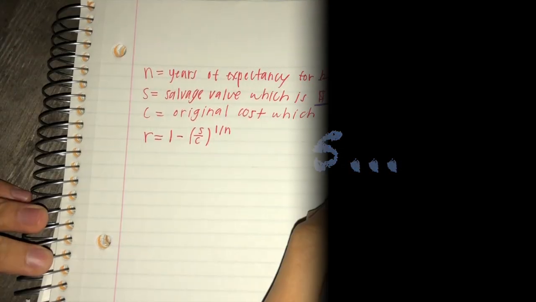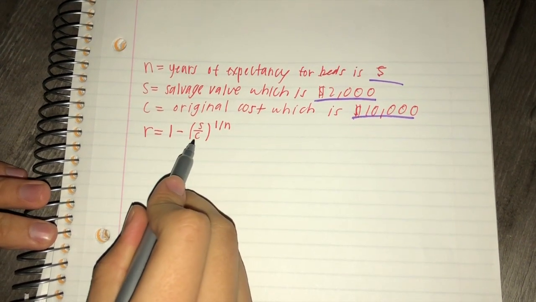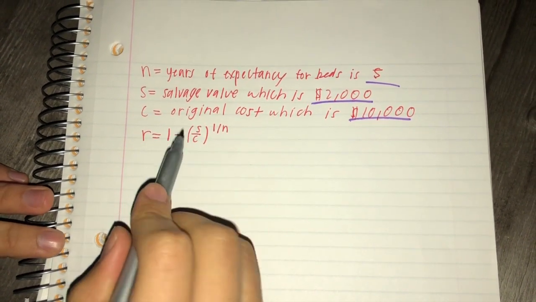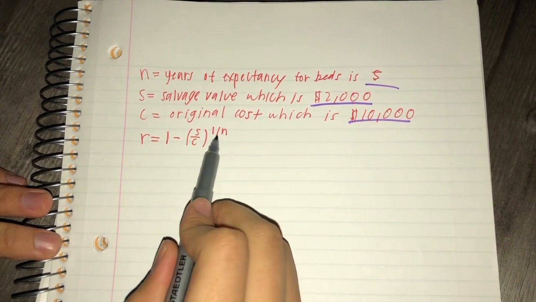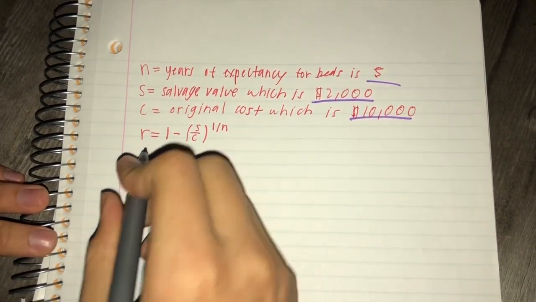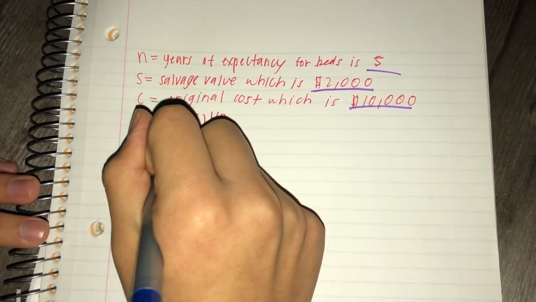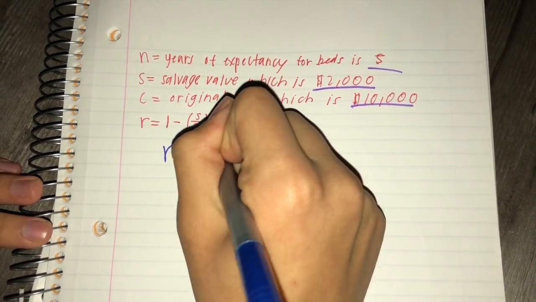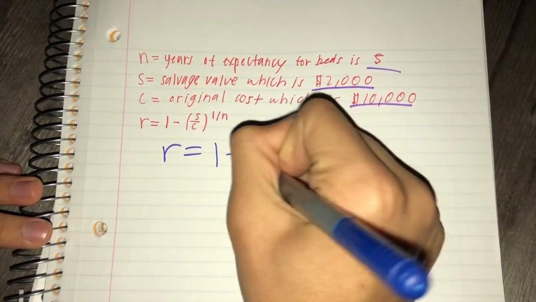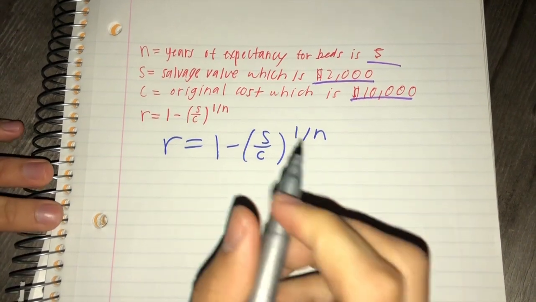They expect the beds to last up to 5 years, at which time its value will have discounted to $2,000. $10,000. The formula we're going to use is R equals 1 minus, in parentheses, salvage value over original cost, and then 1 divided by the years of expectancy. So to begin, we're going to do R equals 1 minus S over C, 1 divided by N, to be more professional,